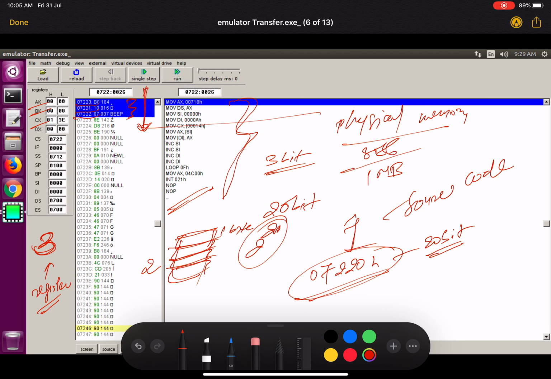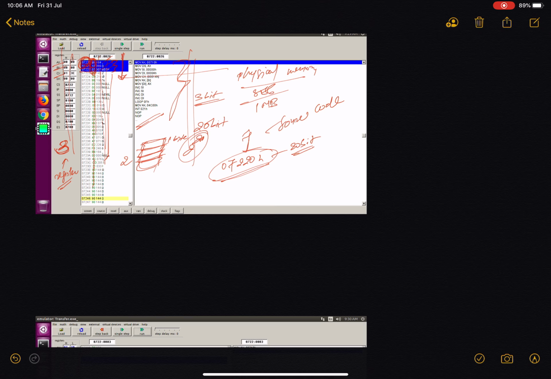Okay, now let's continue. So I think these 3 parts are clear. This is the source code part, this one is physical memory, and these are the registers available in 8086. This is what is available in the emulator, so you can see everything over here. Now this is the physical address of the memory, this is the value stored in that memory, and the machine code for that, and these are the actual values, right? So here you can see null is stored, L is stored, and the green part is the machine code of that particular thing. So this is what is available.